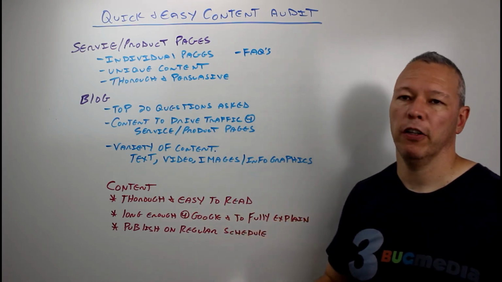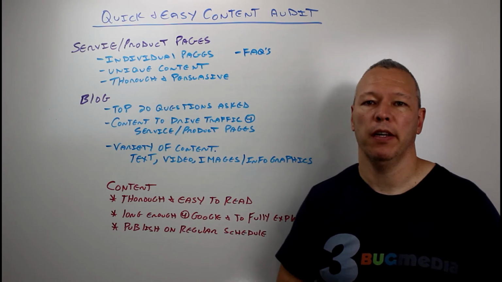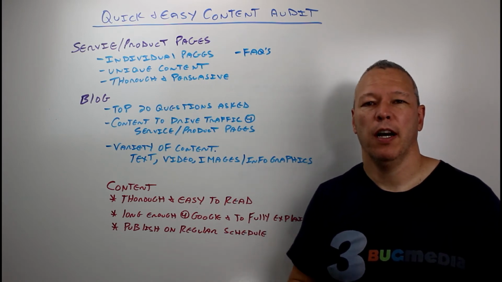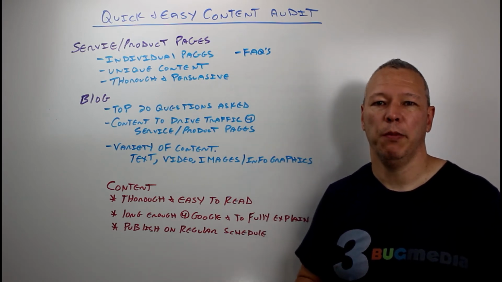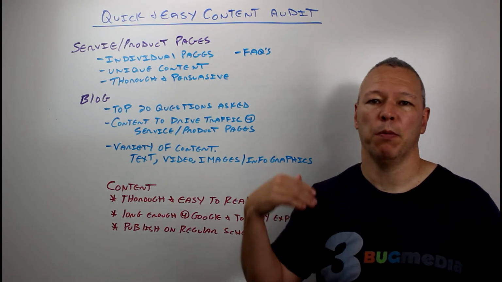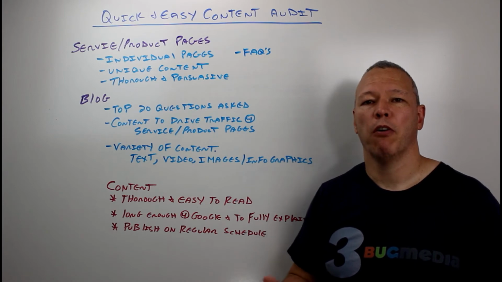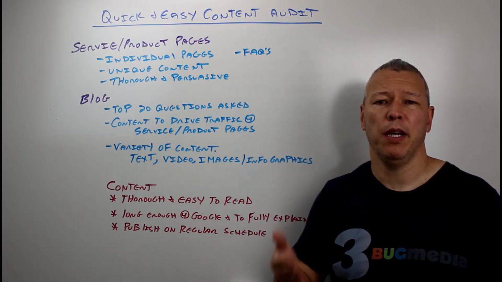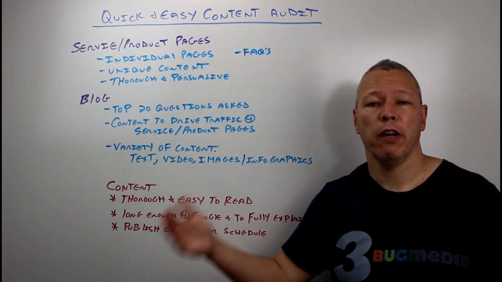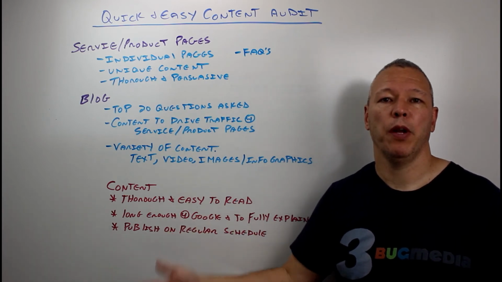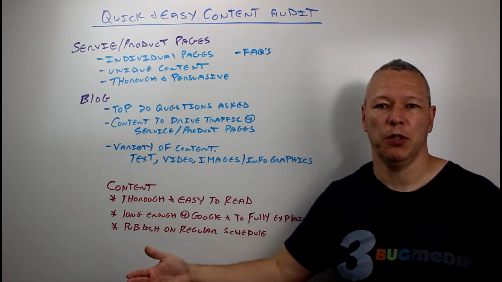And publish on a regular schedule. That's one of the biggest things. When you're creating content, it's hard to get on a regular schedule. You may do a blog post every day for a month and then quit for a year. You're better off creating a regular schedule, and that could be daily, weekly, or even monthly or bi-weekly, whatever it is. Try to stick to a schedule, because